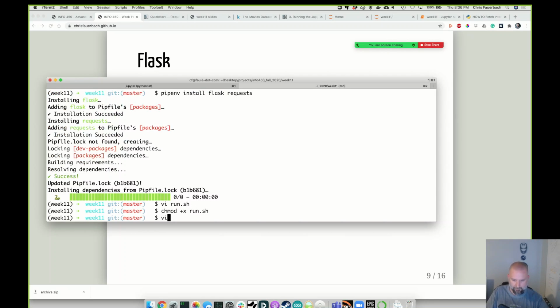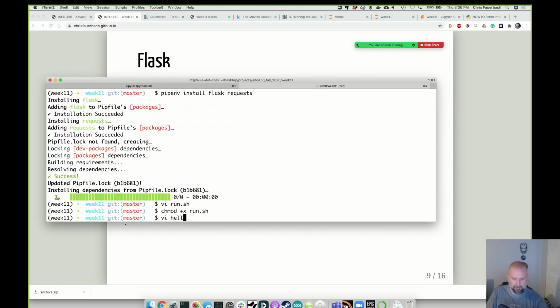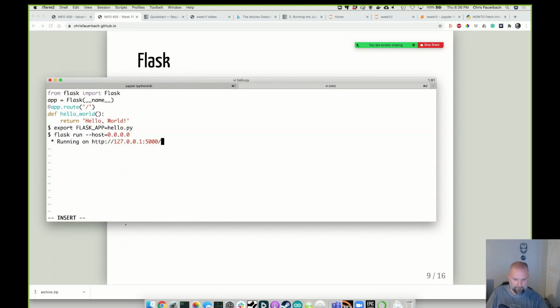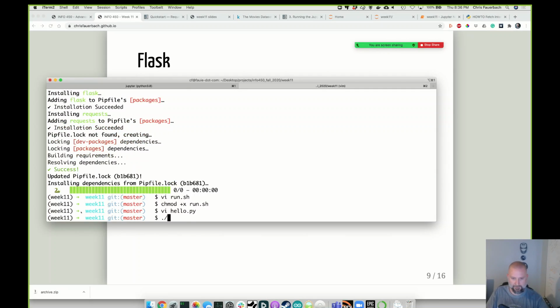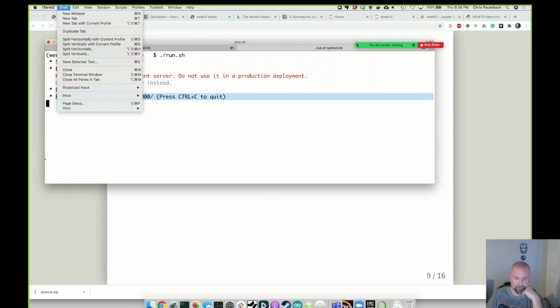Then I want to run my, what did I call it? Hello.py. From Flask, import Flask. App equals Flask name. App route returns hello world. So now I can run that script, and you'll see I got the same stuff saying my server is now running on port 5000. So if I take this and I split it horizontally,